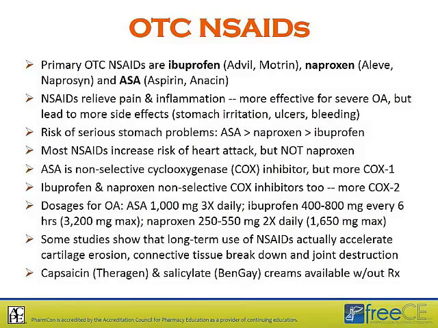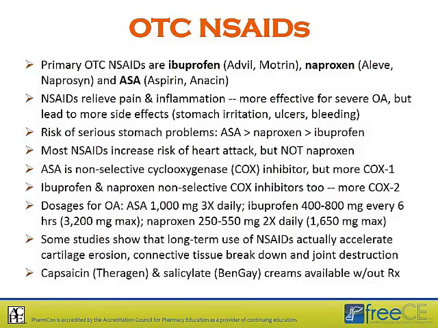The dosage for ASA, at least for OA symptoms, is about 1,000 milligrams 3 times daily. Ibuprofen is between 400 to 800 milligrams every 6 hours to a maximum of 3,200 milligrams. And naproxen is usually a little less, between 250 to 550 milligrams 2 times daily,